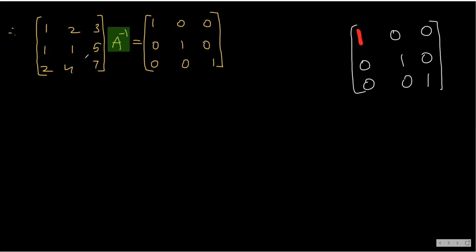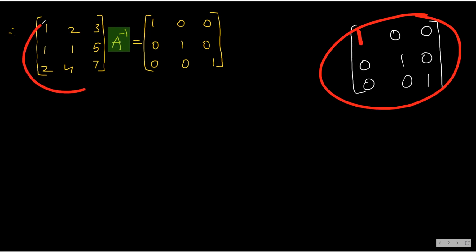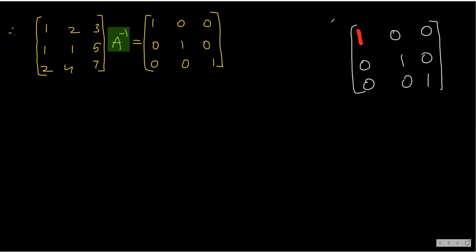Okay, here I will get one, but then I'm already having that one. So I am absolutely happy because, see, I want this matrix here. So what is the first step? The first step is get this one. Okay. Now see, if you have that one, what is the next step? The next step is using this one, you will try to get 0 here and 0 here. This is the next step.